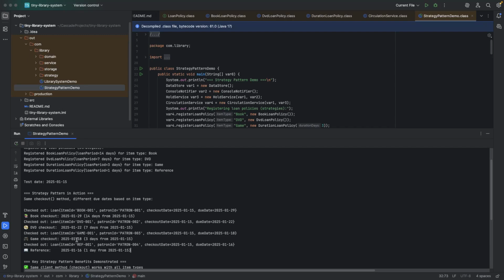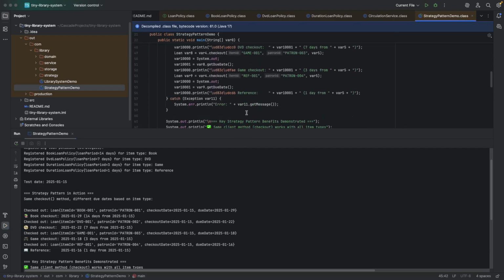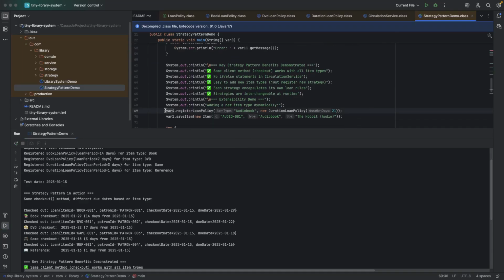And then here's where the strategy pattern gets really impressive. It's extensible. In this next section, you'll see me add a completely new item type. So I added an audiobook policy for 21 days, and I added a test audiobook item, which is The Hobbit.